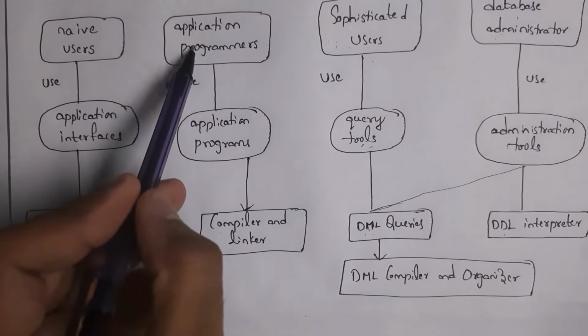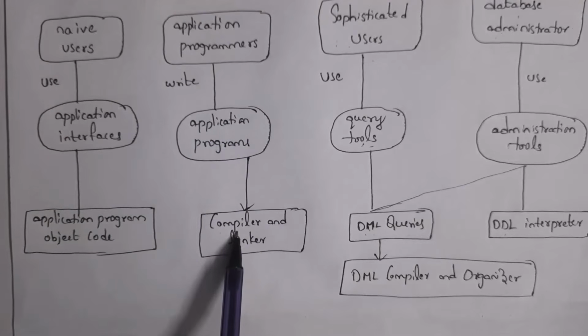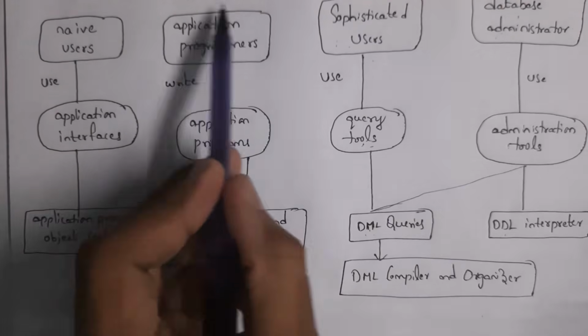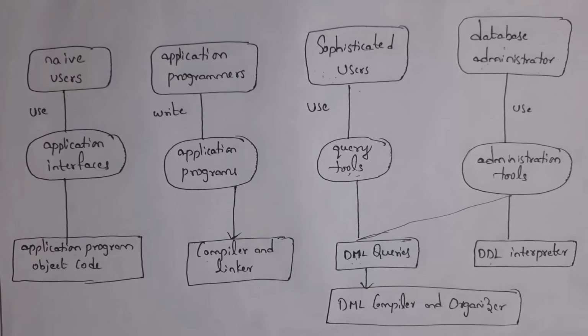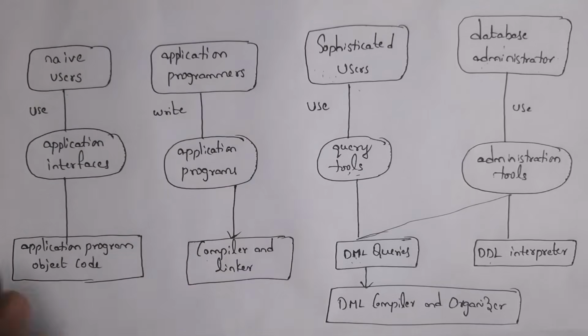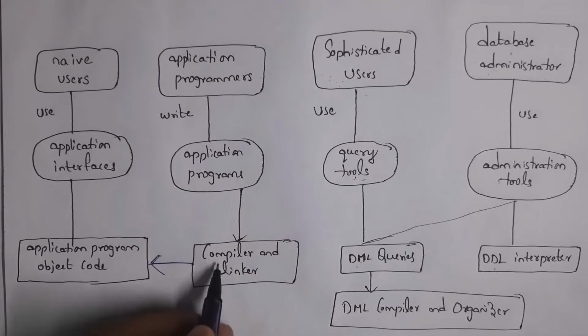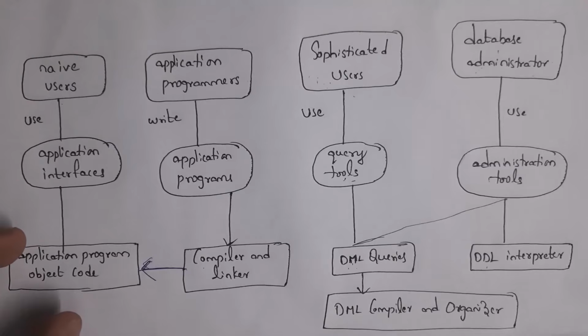And next users are application programmers. These application programmers will write application programs. The compiler will process and execute programs which are written by application programmers. I already explained the Amazon application example. Whenever a user clicks on the buy now button, then his information is stored in the database. So in that application interface, the code is written by application programmers. So after compiling this application program, that program is inserted in this interface. Whenever a user clicks on the buy now button, then his information is stored in the database.